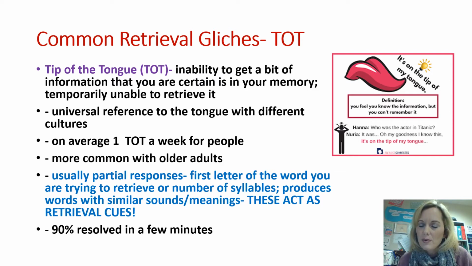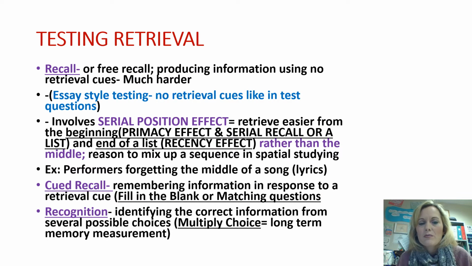So we usually get some partial response, the first letter of a word or the number of syllables and so forth, and you can remember sort of the syllable part of it. And those all act as retrieval cues that, 90% of the time, you're eventually going to be able to resolve. So recall, or free recall, is producing information with no retrieval cues, and this is much